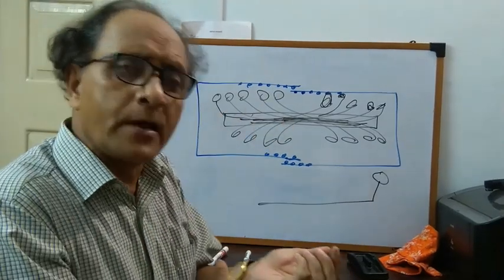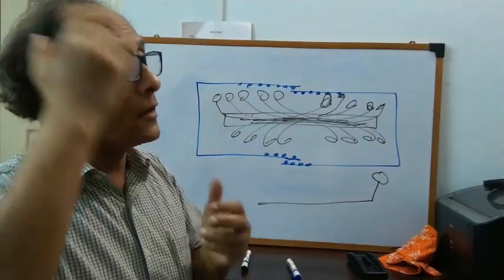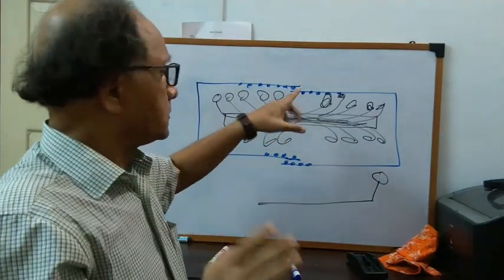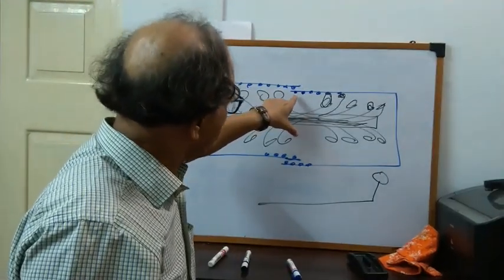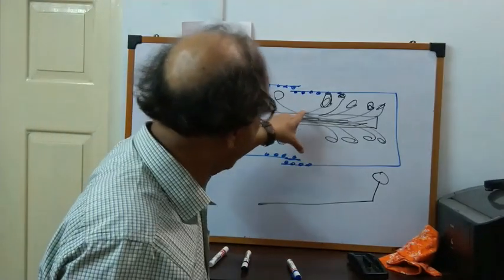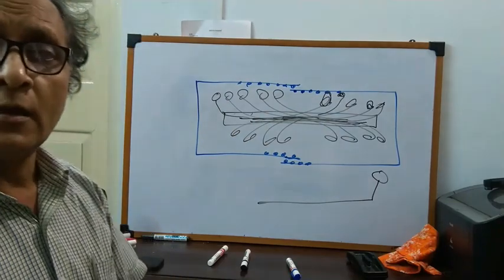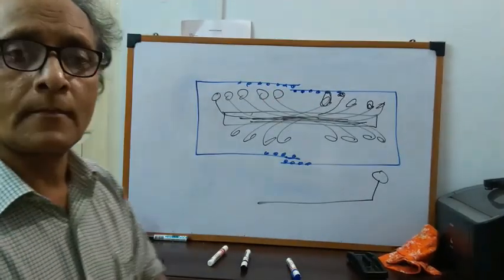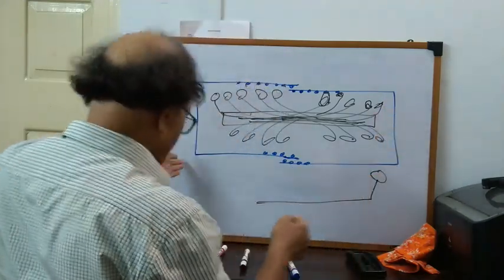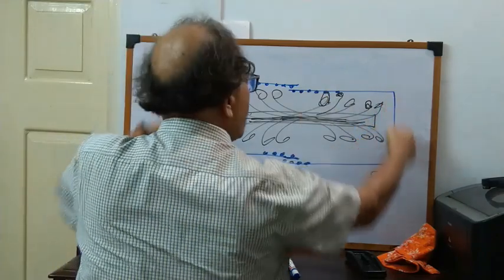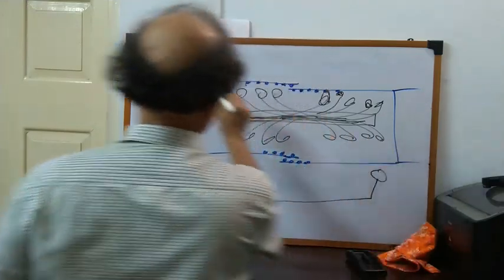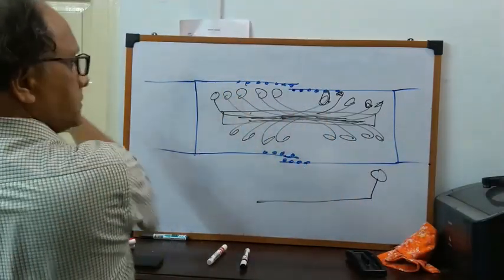I have got fantastic pictures at my disposal. I will try to show them in a PowerPoint presentation at some later date. Then you will understand in a better way. So some active sites of actin remain unutilized and there is no available myosin head for them. So this is the sarcomere, this is one Z line, this is another Z line. Z line to Z line is the sarcomere. And from here there is another sarcomere.